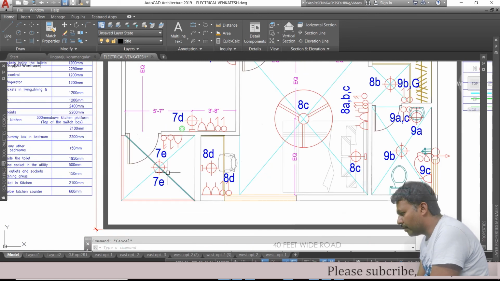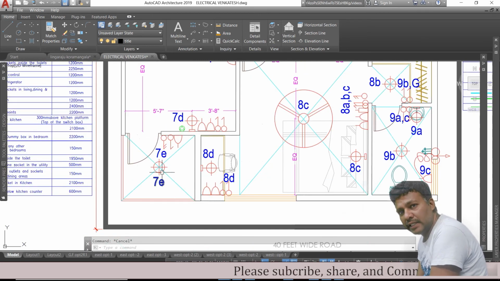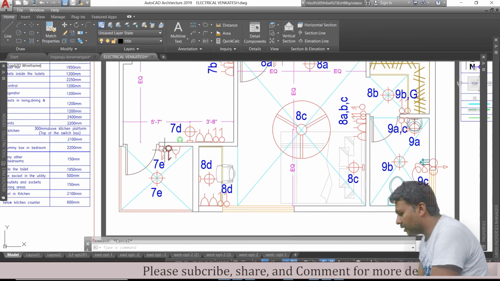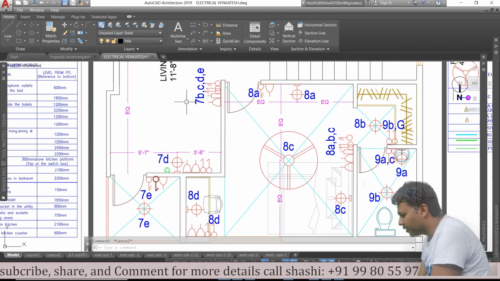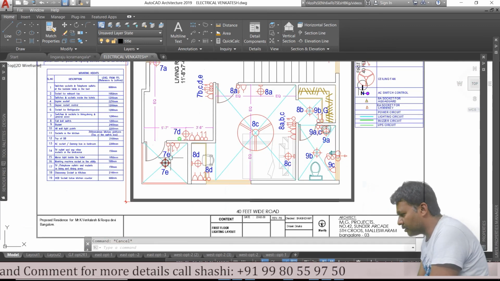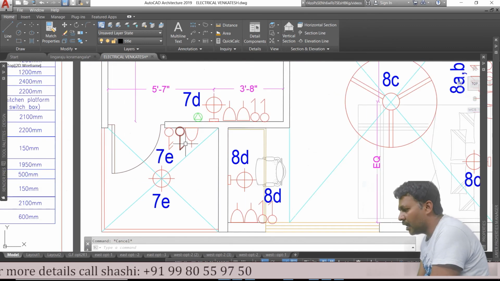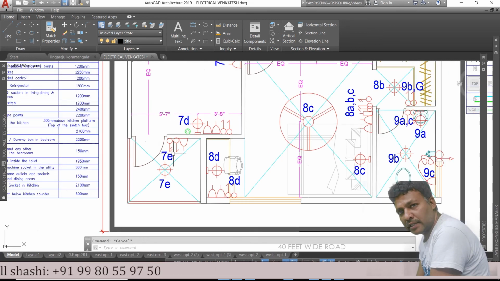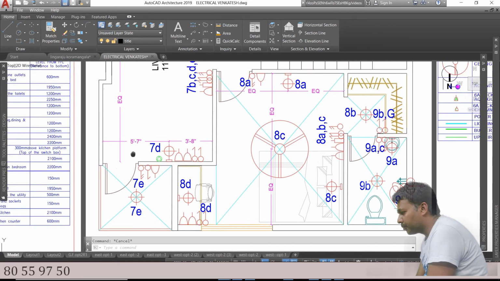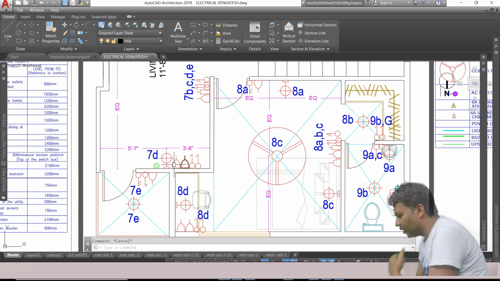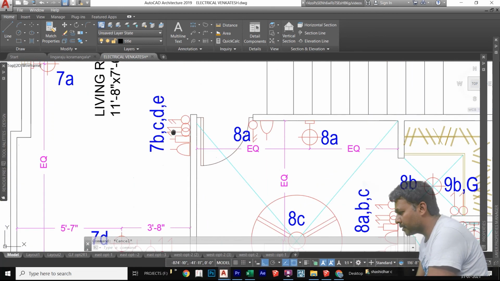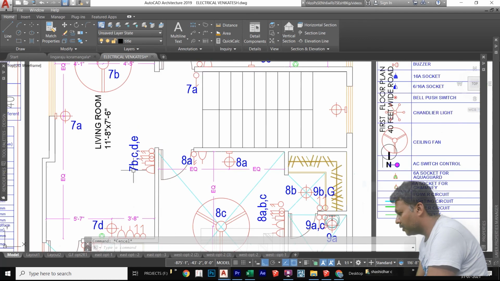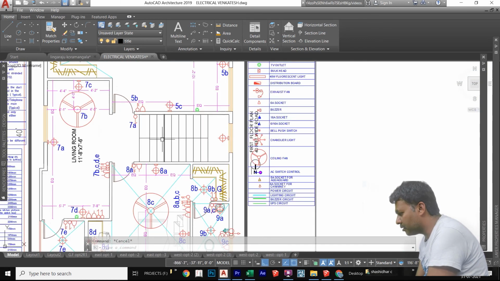And this is a small balcony. In the small balcony, I have given one ceiling light. The same ceiling light control I have given outside. We can control it here, and he can control it here also. This is a 2-way point, and one 5-amp socket also I have given in the balcony. Okay, 2 5-amp sockets with switches for the TV purpose, and the complete controls, and this lighting point control also I provided here.